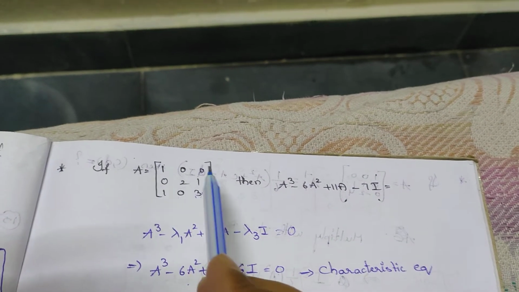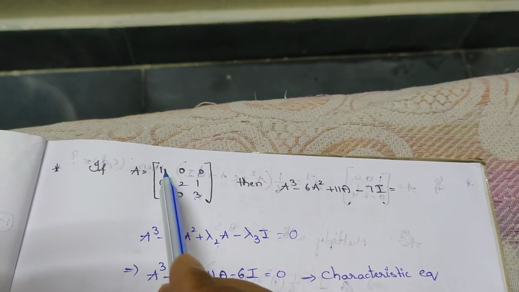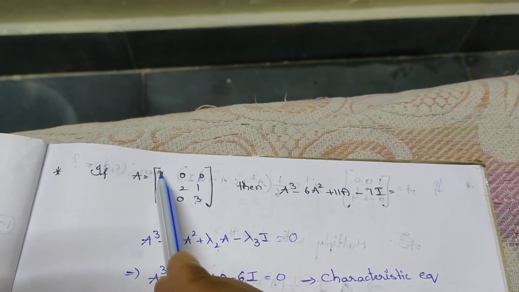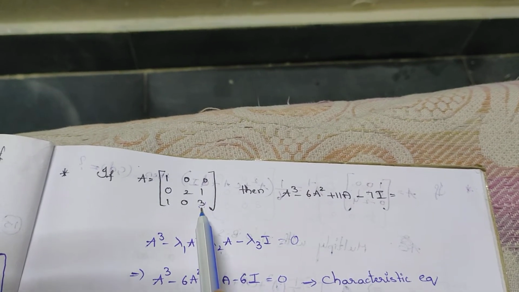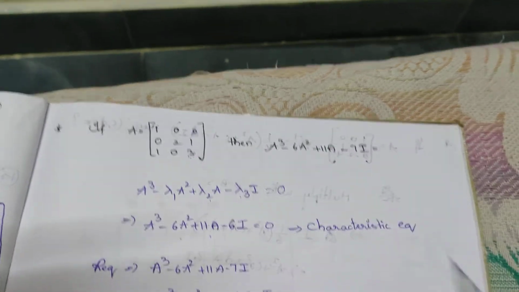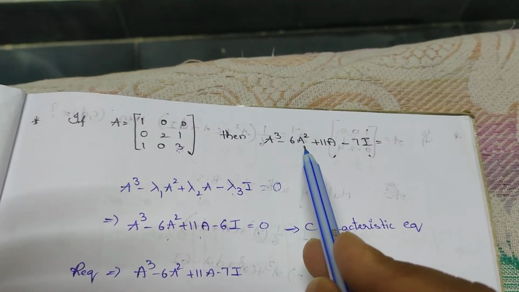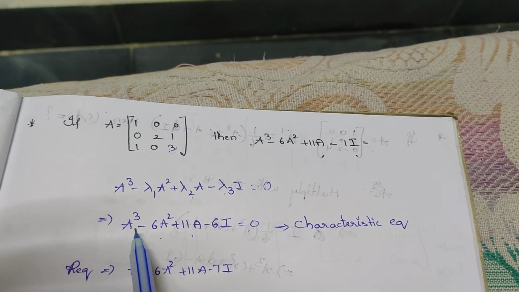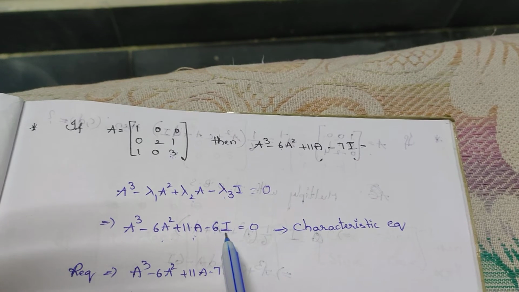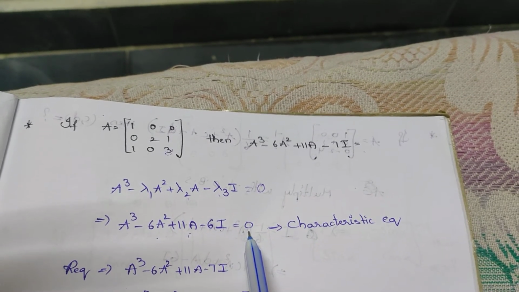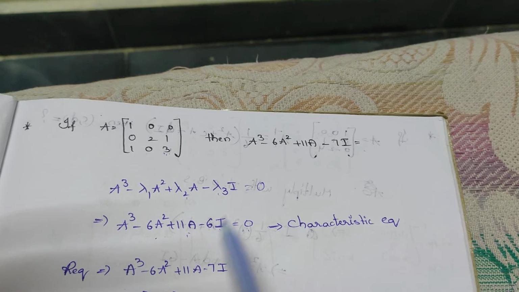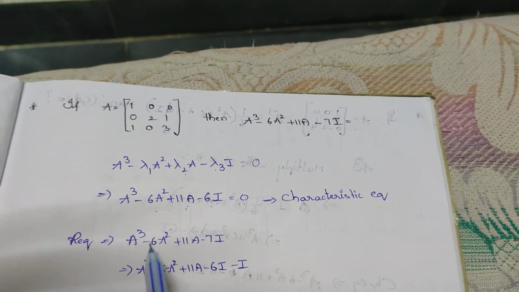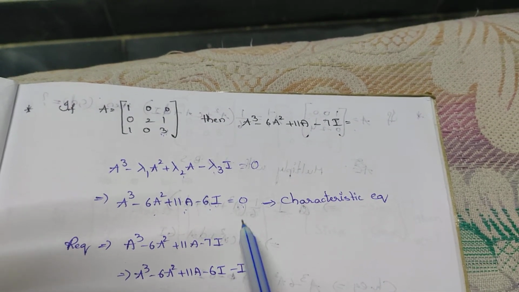Lambda 3 is the determinant of the given matrix. If you expand according to this row, the signs are anyhow minus, plus, and the others are zeros. It is plus 1 into, leaving the row and column, 2 3s are 6. So minus 6I is equal to 0. But here what they gave is A cube minus 6A square plus 11A minus 7I, and they are asking its value. According to the characteristic equation, A cube minus 6A square plus 11A minus 6I is equal to the zero matrix. But we want minus 7I, and the difference is minus 6I. So we add minus I on both sides. Then you get A cube minus 6A square plus 11A minus 7I is equal to minus I.